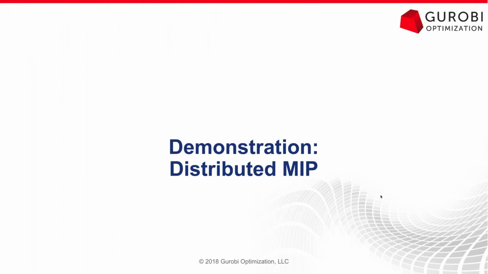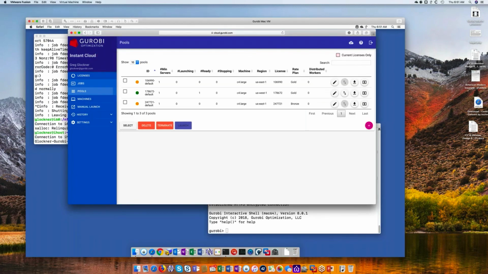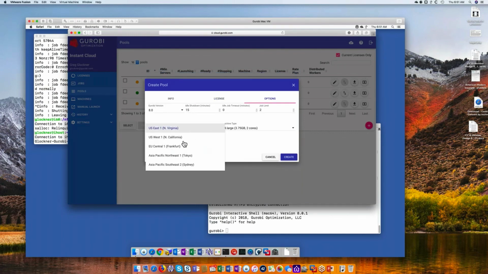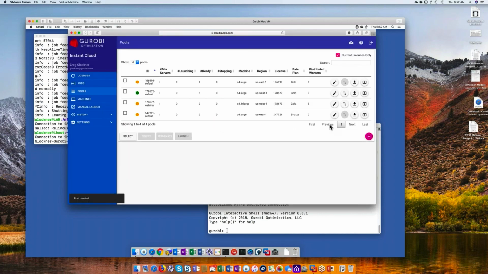Let's go back to my computers and let me configure a new pool. In my new pool, I'm going to create a pool that's going to have multiple computers. So we'll call this the webinar pool. We're going to use my license that I was using before. And this time I want to give it 3 compute workers. And since I'm located in the western part of the US, I'm going to use a compute center in the western part of the US. And let's give it some nice, powerful computers. Let's get 4 powerful computers,